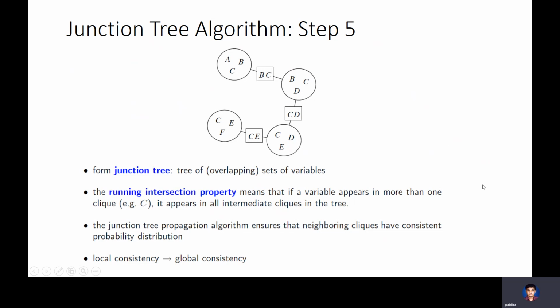You estimate the distributions. But now you can estimate distributions over this cluster of variables A, B, C, not over individually A, individually C. You can do this probability inference only over clusters A, B, C, only over clusters B, C, D. Okay, you do that. And if you further want individual A, you look at ABC and then do a